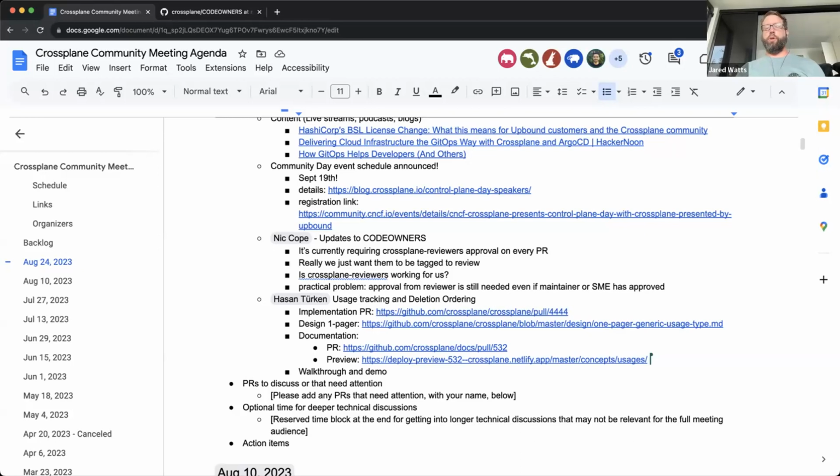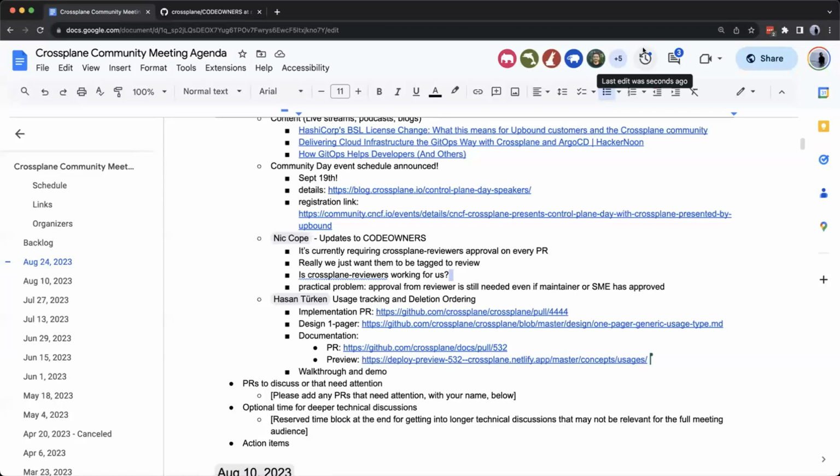Did folks want to share some observations or experiences with this? I can just say for the division I'm in, we are using, in addition to code owners, some registered apps to do some of the more fine grain stuff that Nick is alluding to.